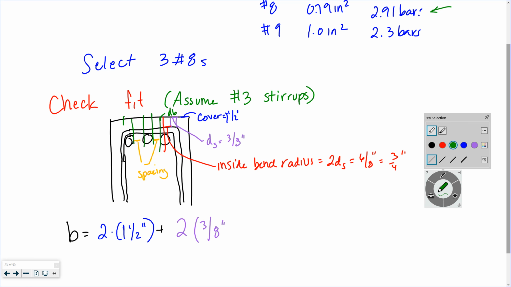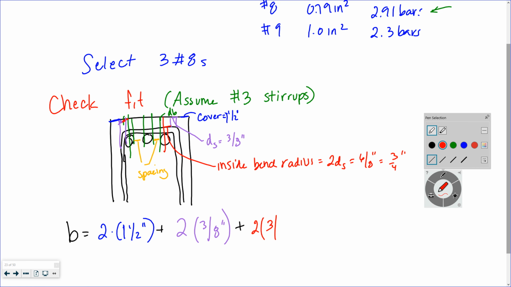That green should just go to the center here, because I need this, right? I have my stirrups plus my inside bend diameter plus my cover. So I have cover on both sides, my stirrups on both sides, and my inside bend diameter or radius. I keep saying the wrong one, but 2 times